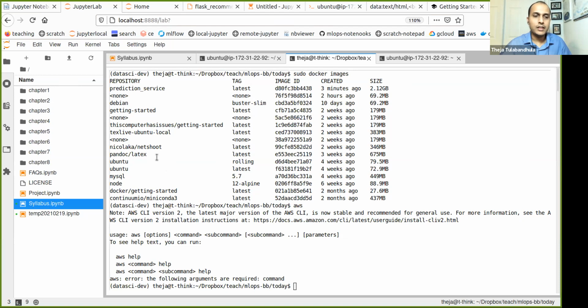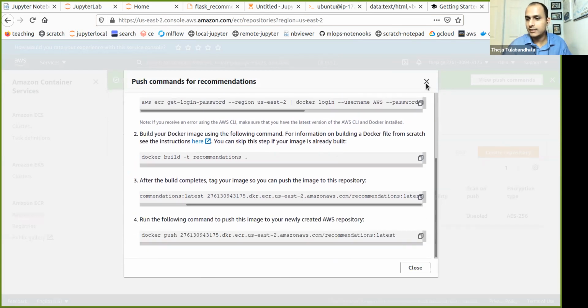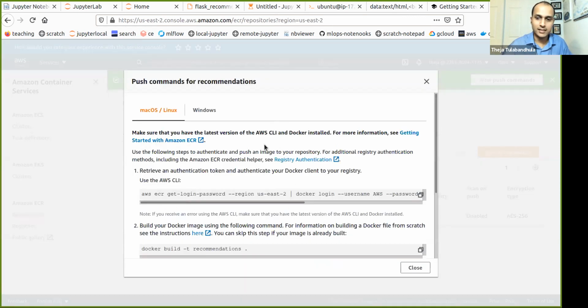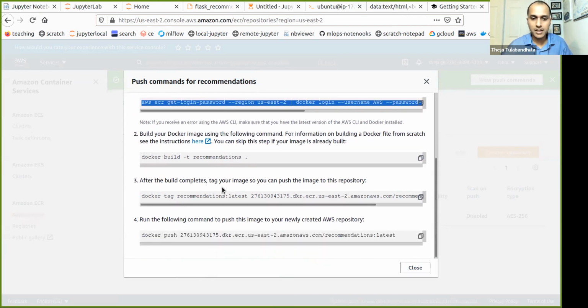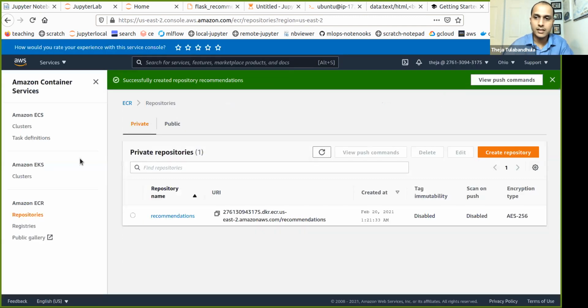Yeah, so what we need to do next is go back to, okay, so these are the commands we need to run. We can actually access this. Actually, maybe we should access it right now. Let me copy these. We don't need the build command. We just need the tagging command, and then the push command. So I'm just copying this because I want to go to a different AWS service. Actually, I could have opened another tab, but basically we want to go to IAM.